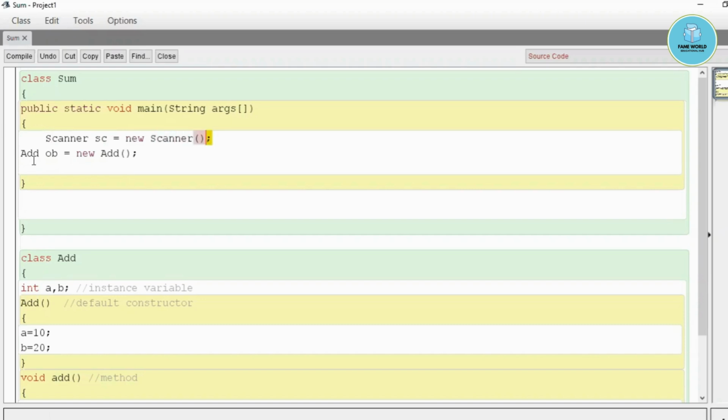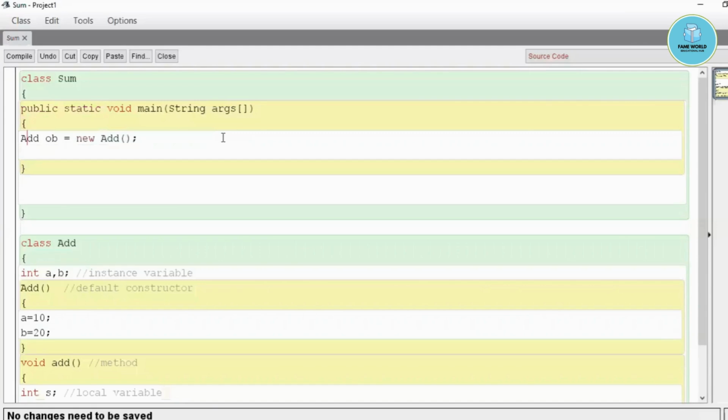Okay, so here also we have taken the name of the class, and this is the name of the constructor. This constructor is here now, and this is the default constructor. So in the scanner class also, this was the default constructor. Anyhow, we are not using this here, but I was just telling you to remind you.